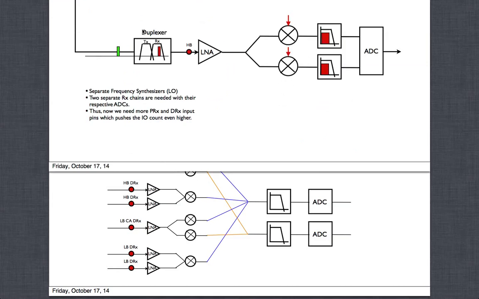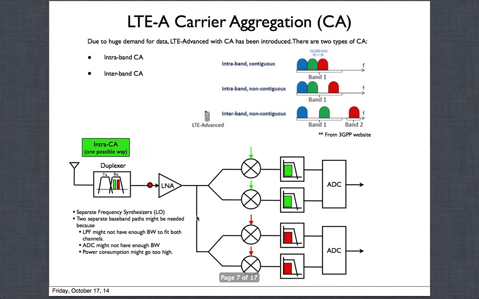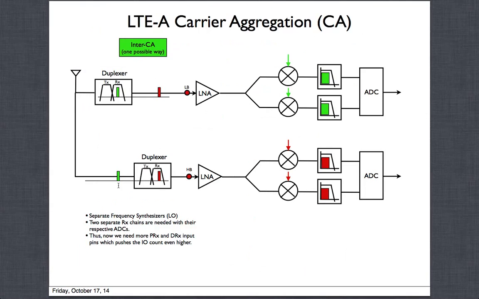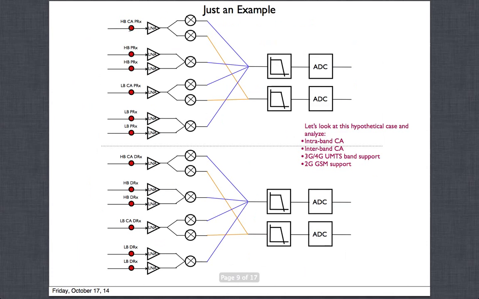That is, if we have this example that we took about, right? So if you have interband going on, not interband, I still get confused with these things. It's intraband, within a band. So it's intraband. So if you have a case of intraband CA, how can you support it? You can support it this way.